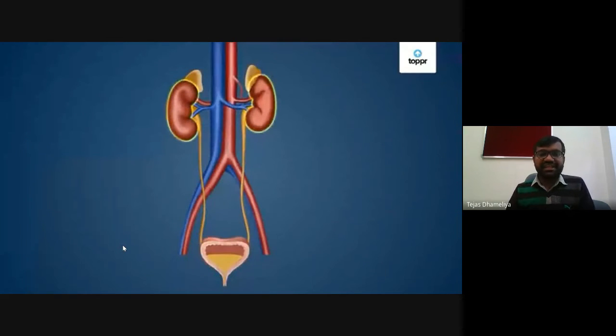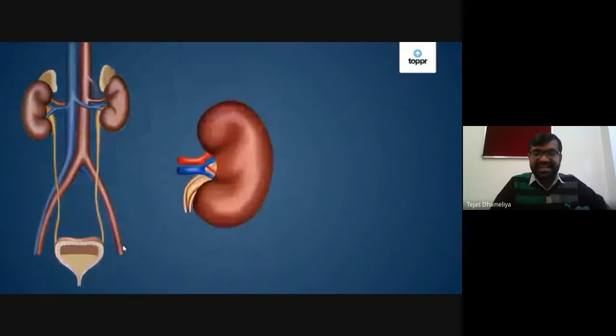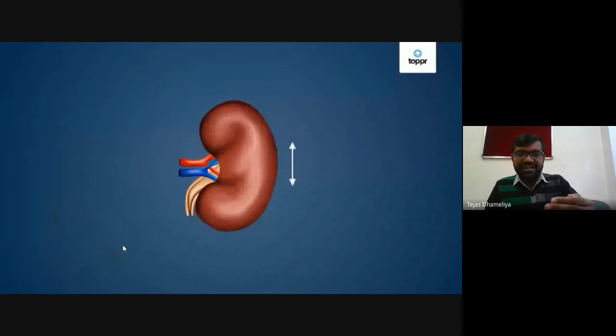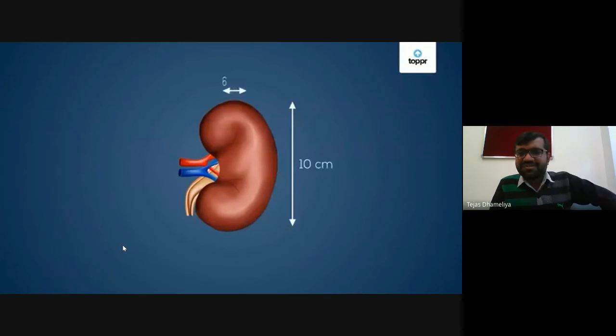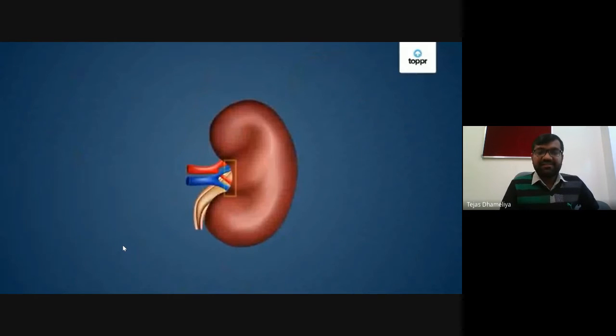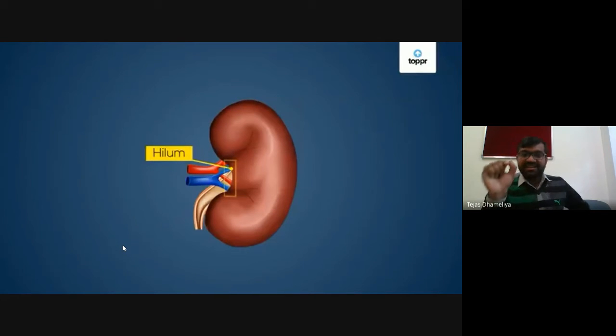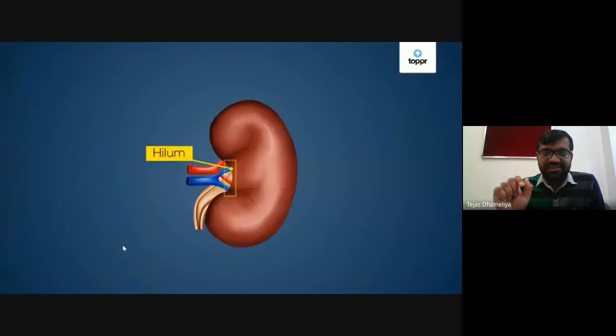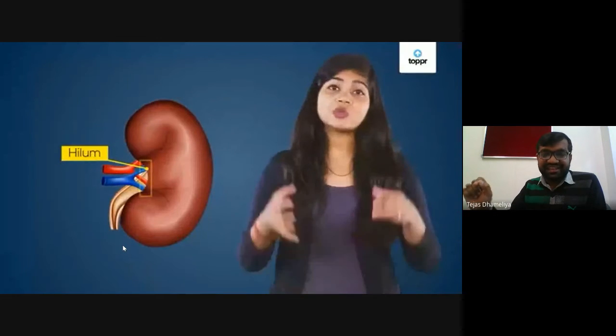This is a function of the kidney. There are two kidneys which are located at the back side. There is a renal artery and a renal vein, and each kidney is approximately six centimeters in size. In a healthy individual, it is located at the back side and is shown in this position. Sometimes we have a lot of back pain or urinal pain because of kidney stones. The first portion is called the hilum, where the renal vein and artery enter.